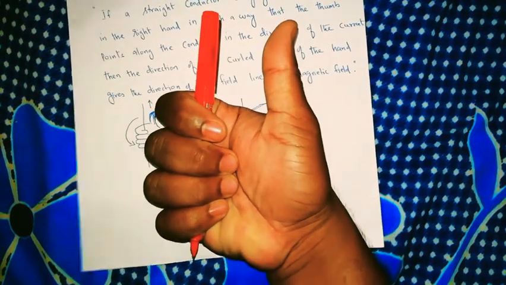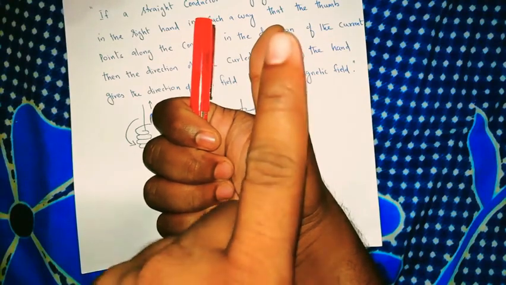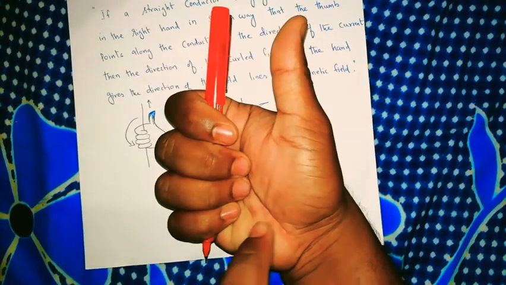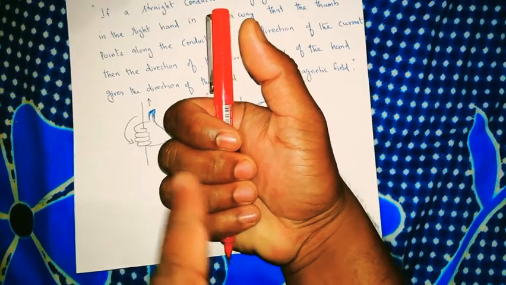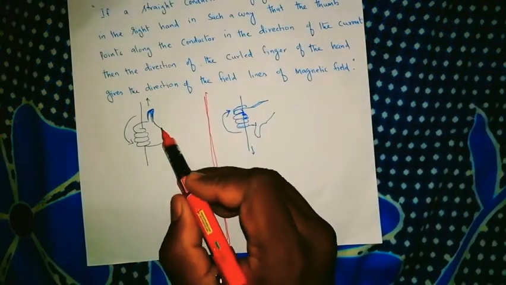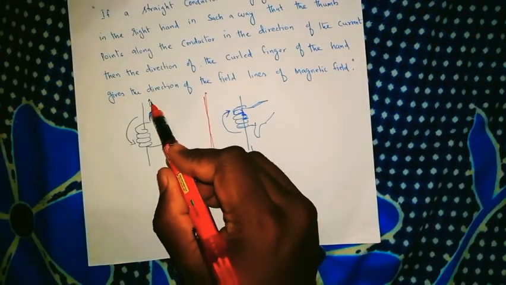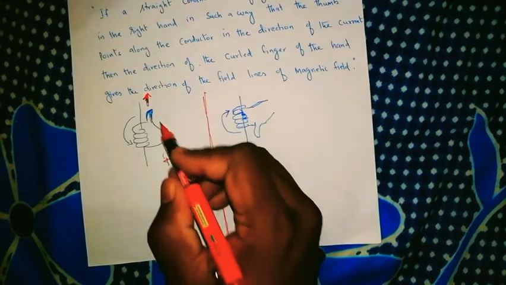So when the current is moving from niche se upar, from bottom to top, in this direction, the magnetic field will be formed like this, in this direction. Look at my curved fingers, in this direction. So that's what I have given here. When the current is moving in this direction, it means positive here and negative that side.